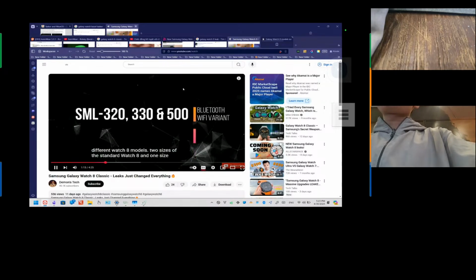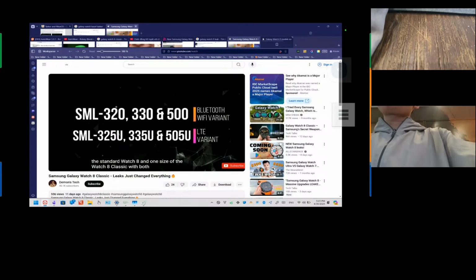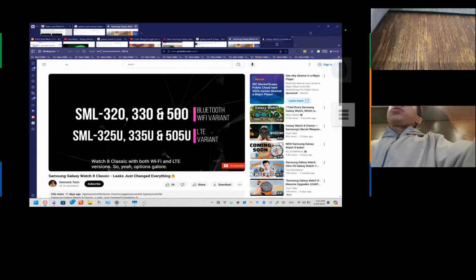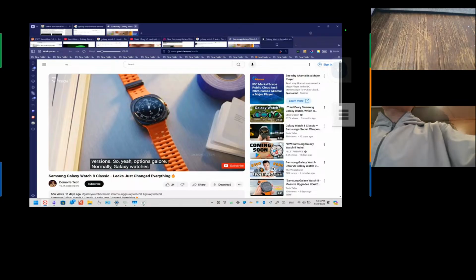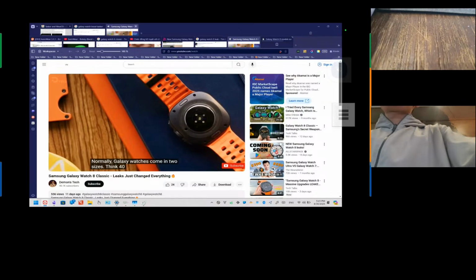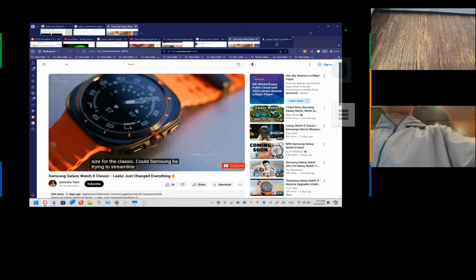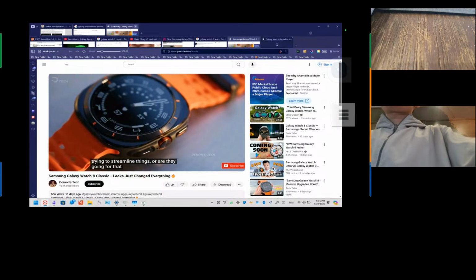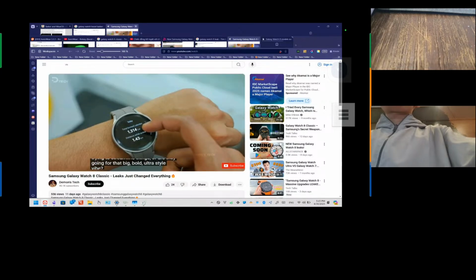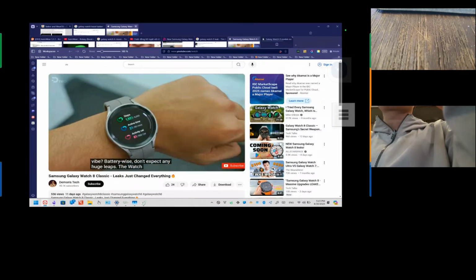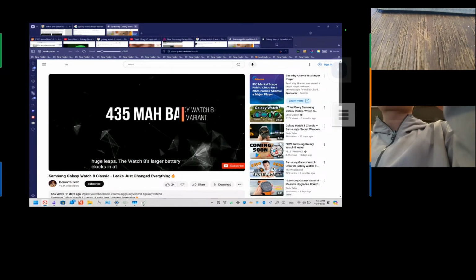Specs-wise, the Watch 8 should bring more of what we're used to. 1.3 and 1.5-inch AMOLED screens, 2 gigs RAM, 32 gig storage, dual-band GPS, IP68 likely sticking around. It's Samsung's speedy 3nm processor with 5 Cortex cores. Still, we wouldn't be surprised if Samsung upgrades it to keep up with Qualcomm's new Snapdragon W5 and maybe